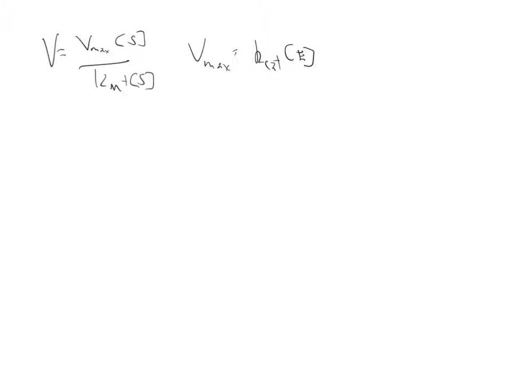It's just that many times, especially in vivo, we do not know the exact concentration of enzyme. If you do not know the exact concentration of enzyme, then you have to use Vmax, okay? Which still can be descriptive, but it's not as descriptive as exactly knowing Kcat. All right, so